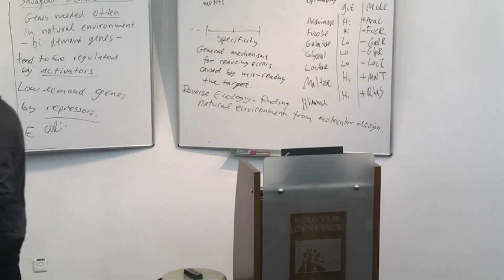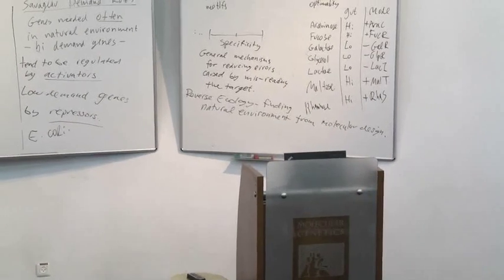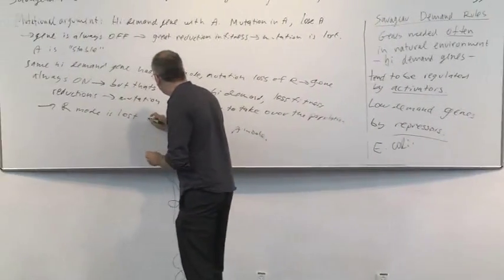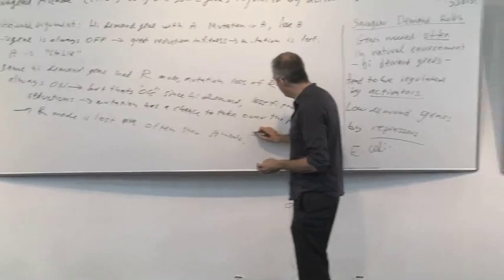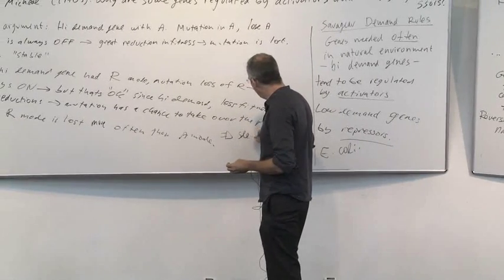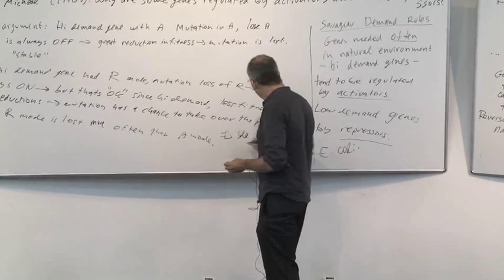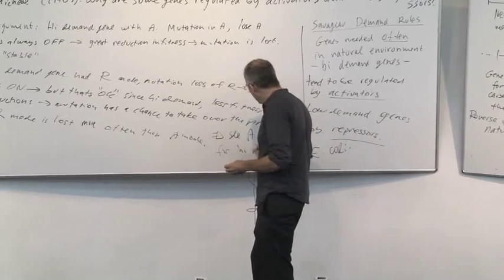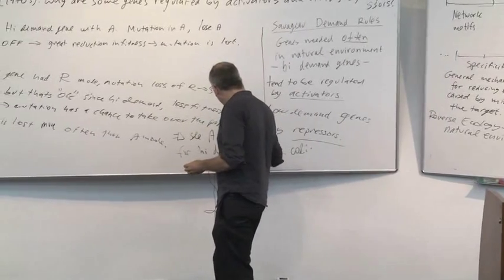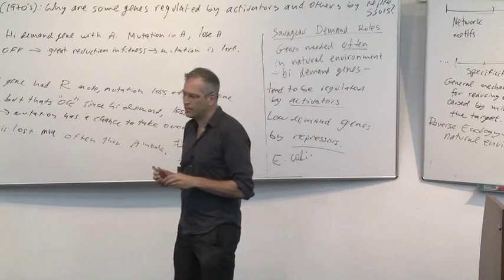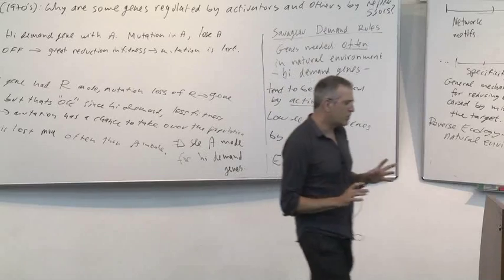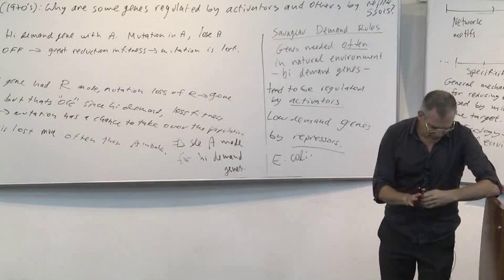Or did you want to say R mode is lost more often, and therefore you end up with the... I do. Thank you. So in the end, you see a mode for high demand genes as a result of this difference in stability against mutations. Okay. So that actually works, but it works very rarely,